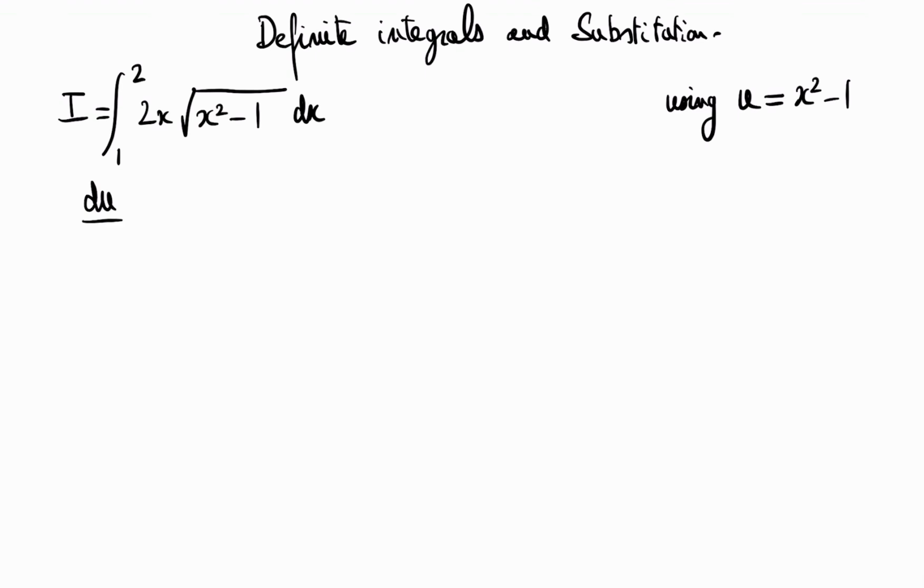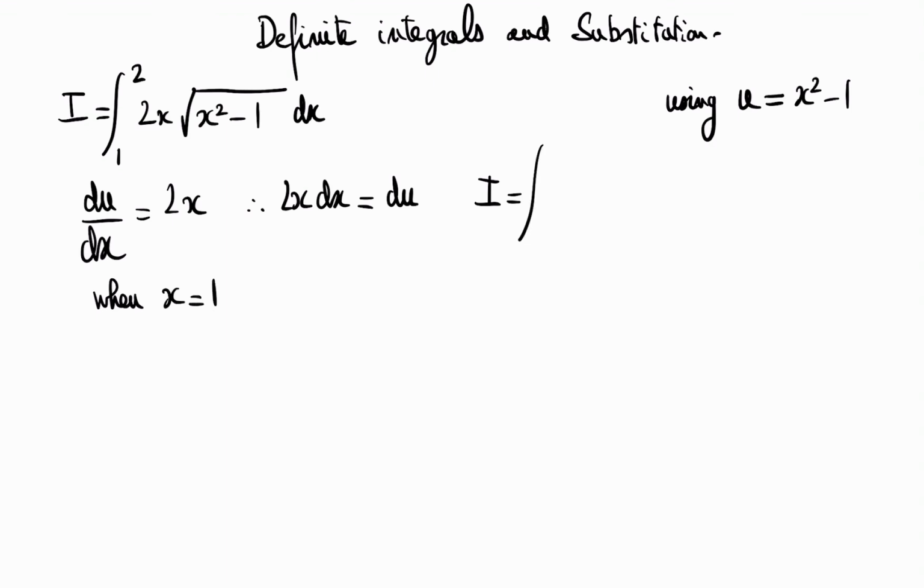So, du over dx is equal to 2x. That means that 2x dx is equal to du. So I is equal to, okay, so important: when x equals 1, we just need to change the boundary of integration. So I'm just going to rewrite the thing. It would be root of u du, but the problem is the boundaries of integration have changed here,